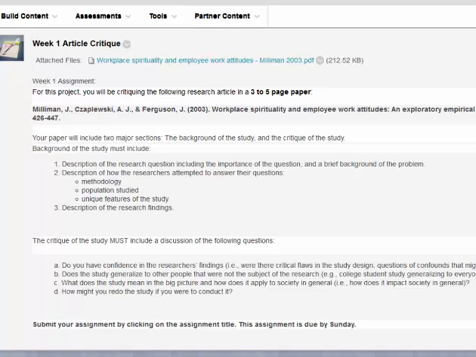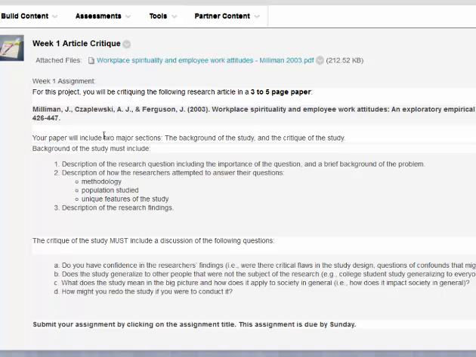To help you with the week one article critique, I thought perhaps the best way I could really help improve your future performance would be to show you exactly how I completed the assignment and what my example might look like. The first thing I did was review in great detail the instructions for the assignment,